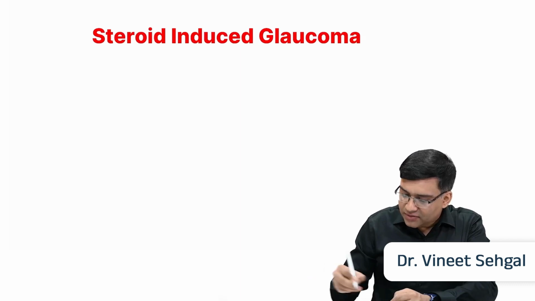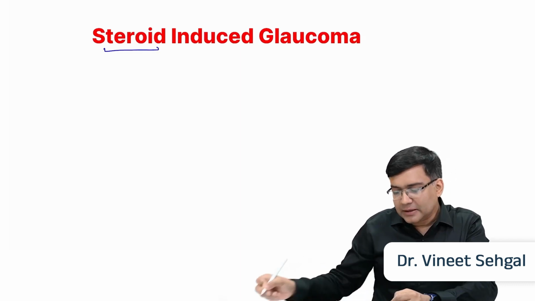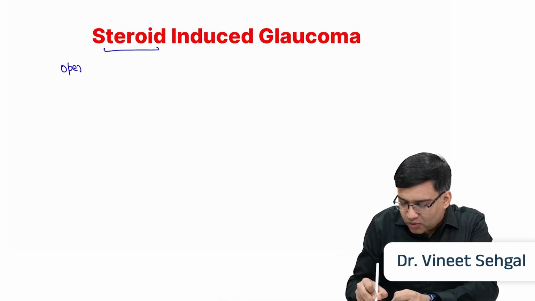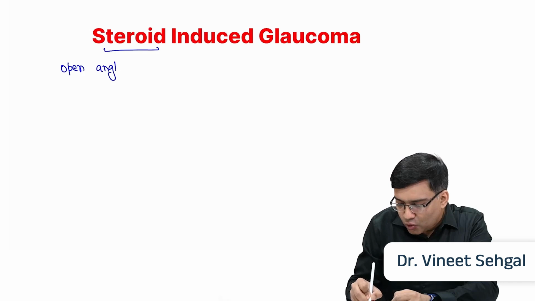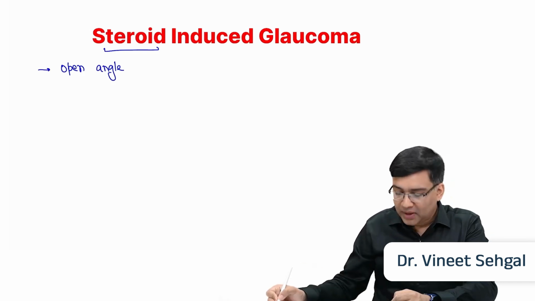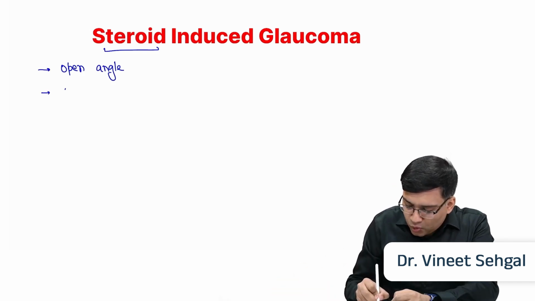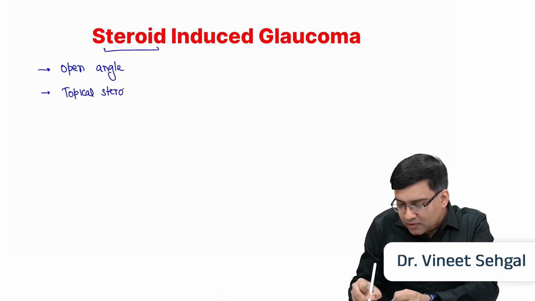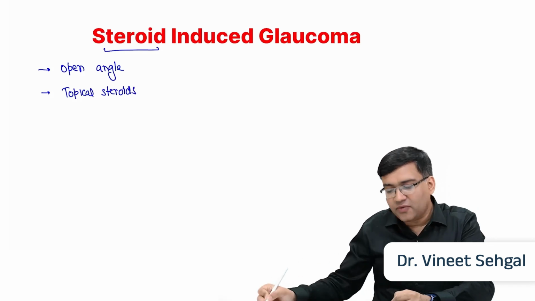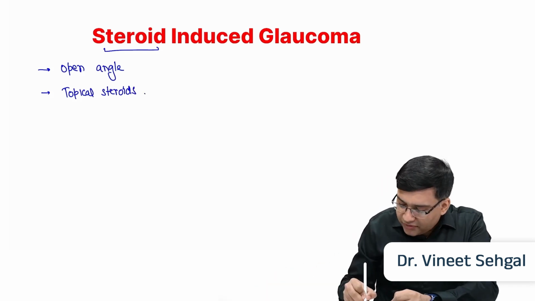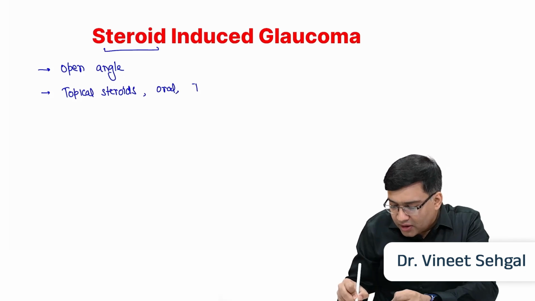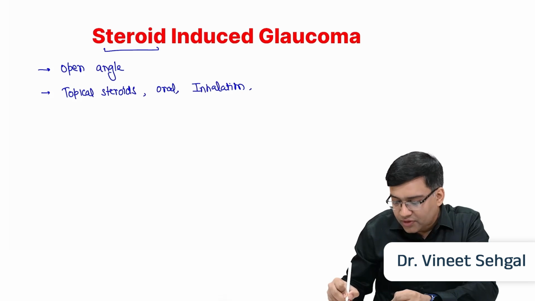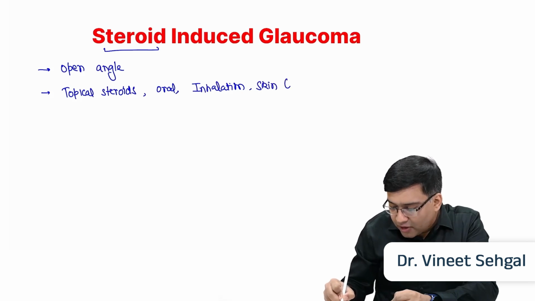As the word suggests, we have steroids which are the causative factor here. This is also a type of secondary open angle glaucoma. Though most commonly the topical steroids are responsible for steroid-induced glaucoma, even oral steroids, inhalational steroids, and even skin creams can also cause